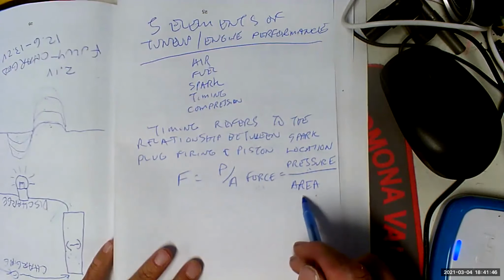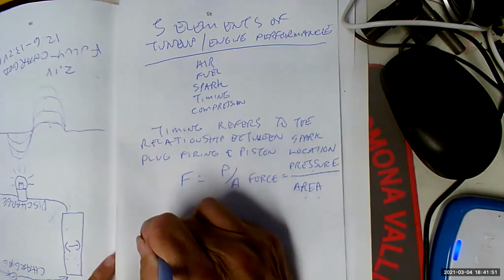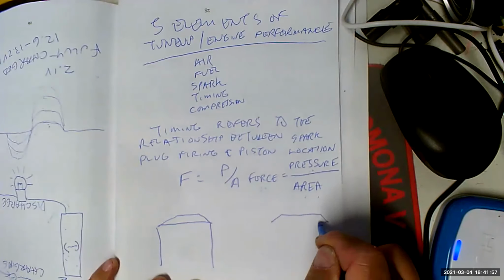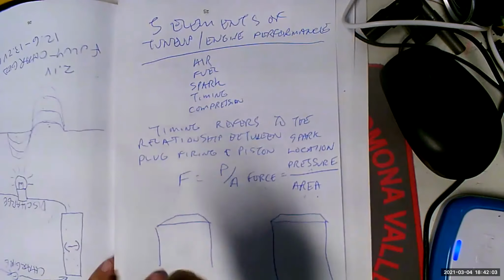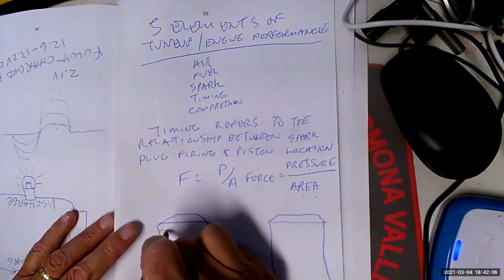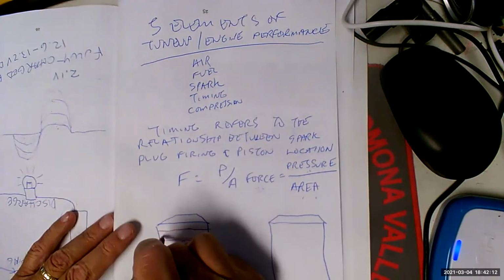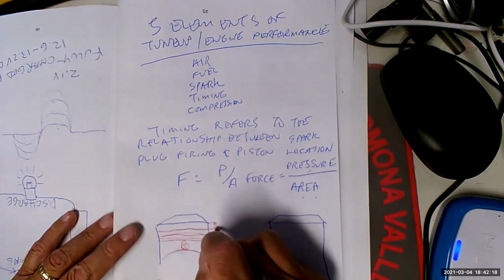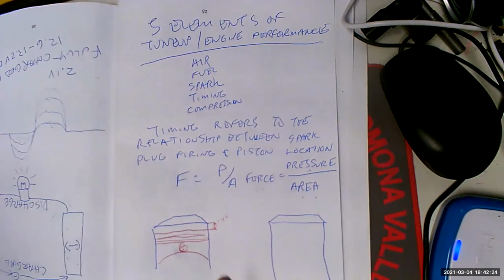Now, this area is the thing we need to concern ourselves with now, because we've got a cylinder like this, and it's got a combustion chamber like that. Well, here's another one right here. Same thing. But now what we're going to do is, before this piston gets to the top, let's say, oh, I don't know, that far before the piston gets to the top, that's 14 degrees. 14 degrees of what? 14 degrees of crankshaft rotation. Remember, as the crankshaft rotates,